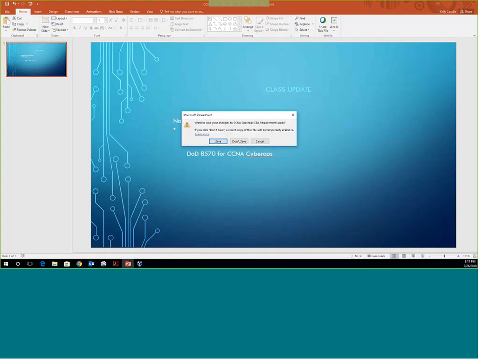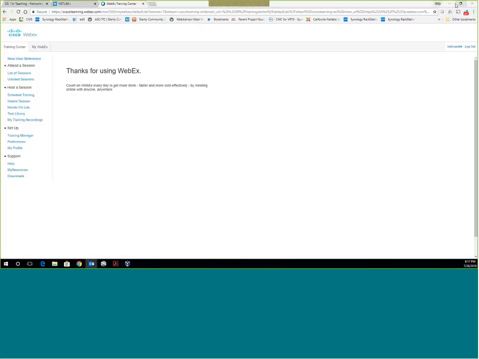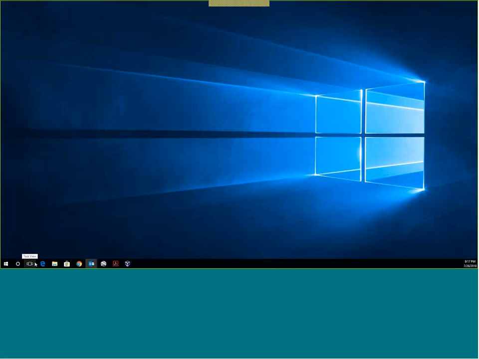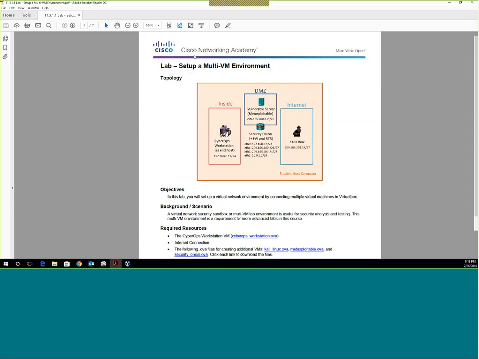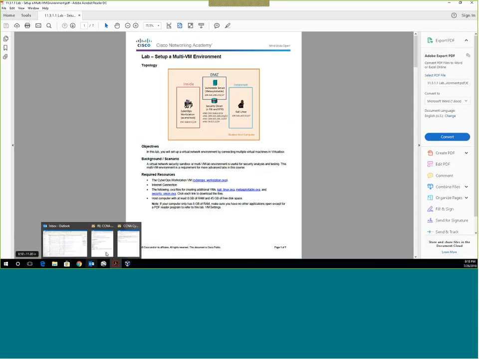Now, what I want to do now is talk about the last part of the class, and in particular, spend some time actually walking through a lab for you. And that lab is going to be the lab that sets up the 4 VM environment. Now, a lot of people go, well, why do you want to do that? Well, if you're not running NetLabs, this is where you're probably going to get into your most trouble.